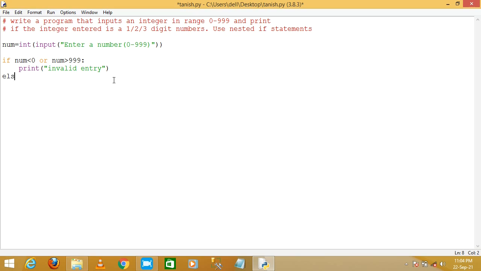Now just write here the else part, else, and check here the number if number less than 10, then print here single digit number is entered. Okay, this condition checks if the number is less than 10, which means 0 to 9, the number is single digit. Now come to the else part